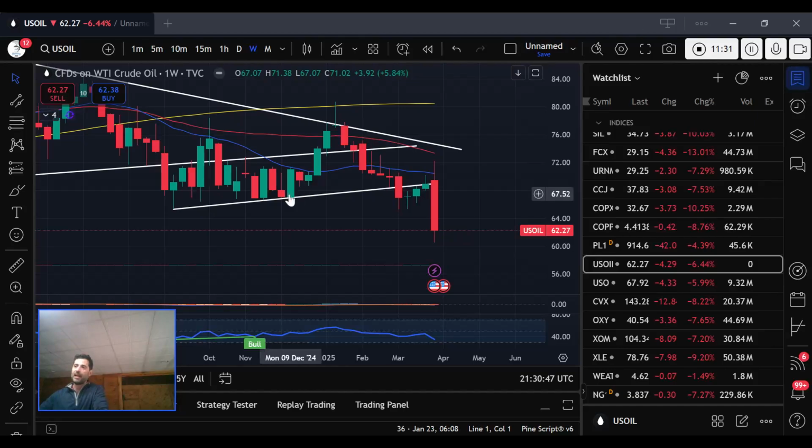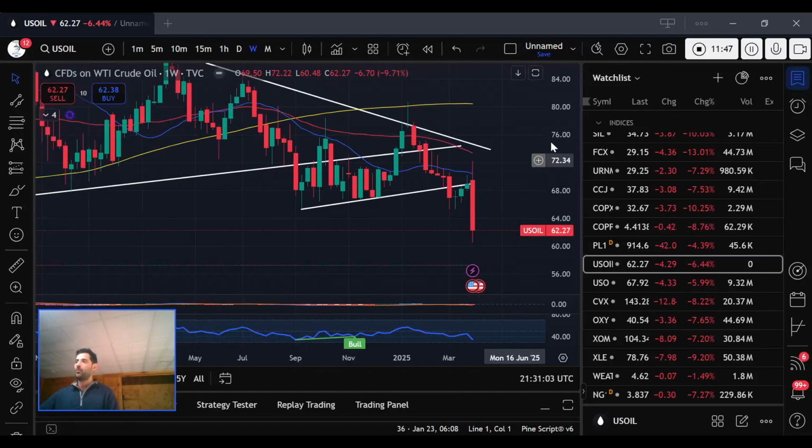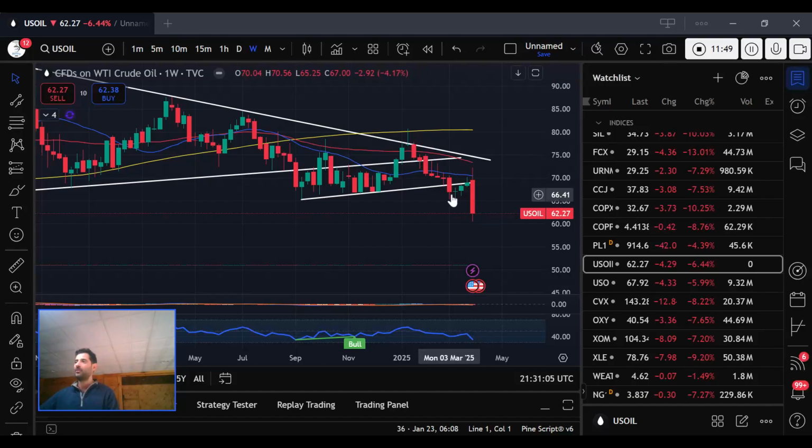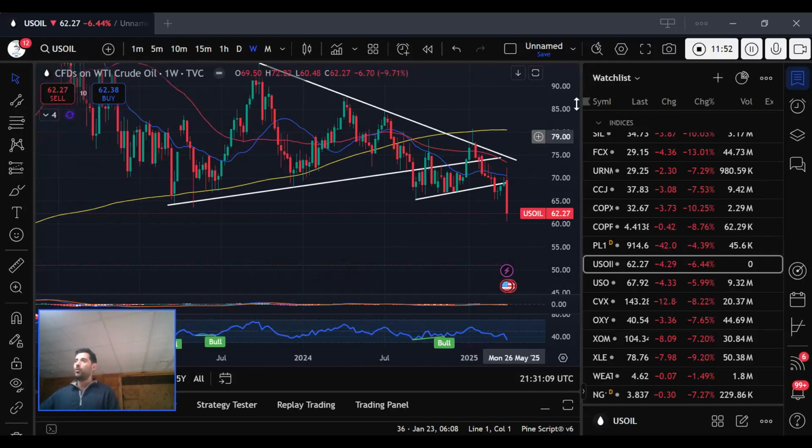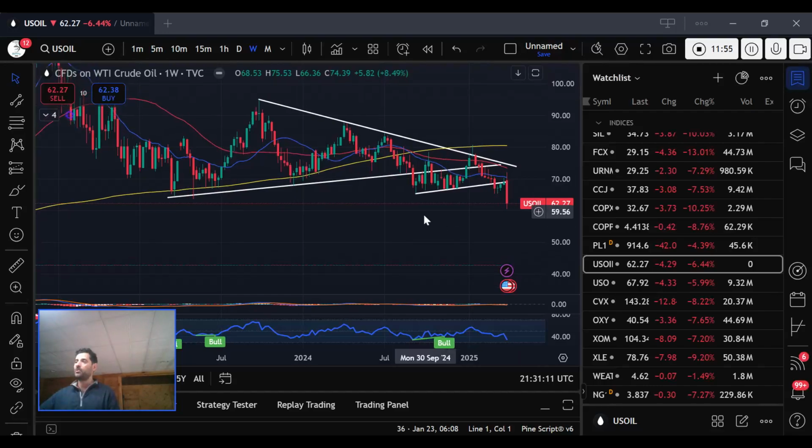And look, back in December, it had a huge move up, right? And then Monday, January 13th, that week it topped out at $80, and it basically reversed and broke even lower since then. But what a heck of a sell off in oil. So now the question is, how much lower does it go? Well, we'll see what happens.